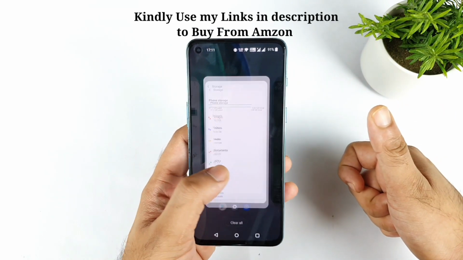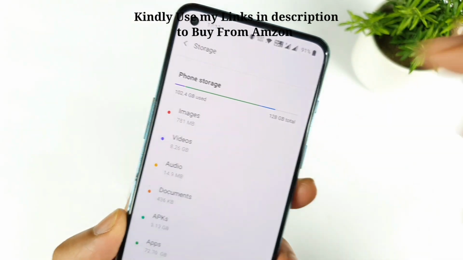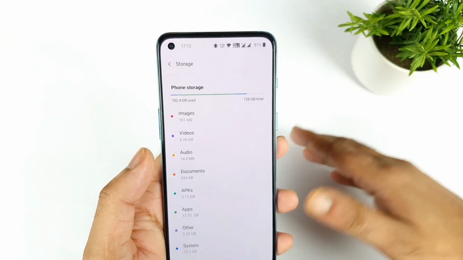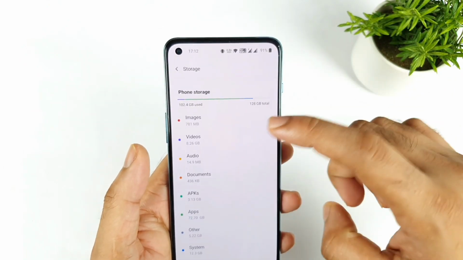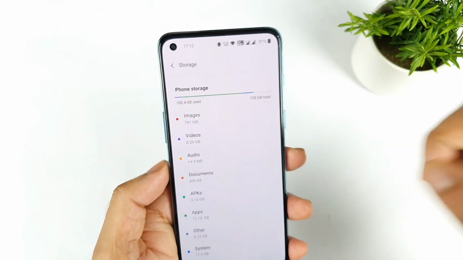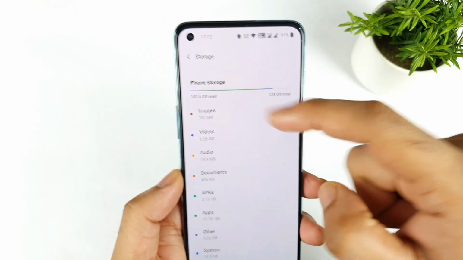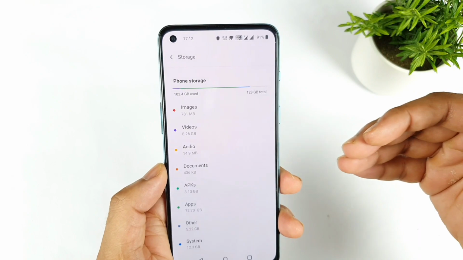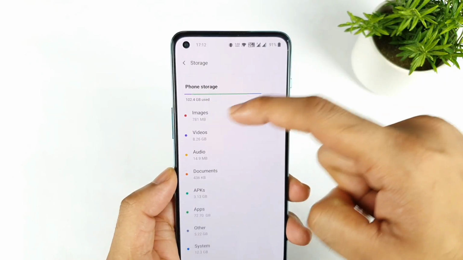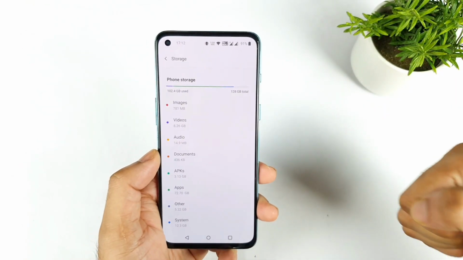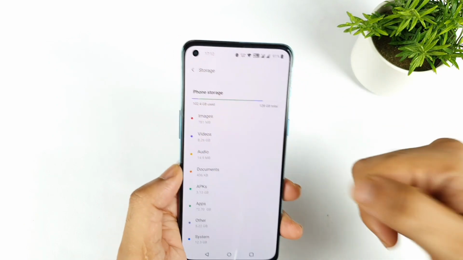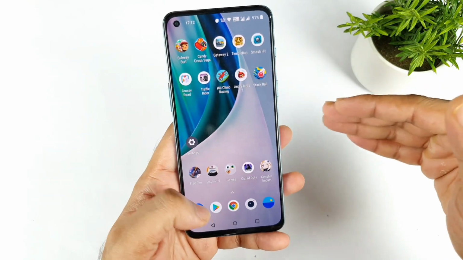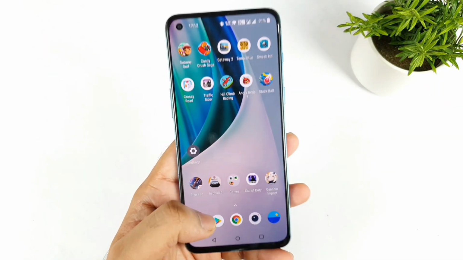Let me go back and check the phone storage. You can clearly see here from 97 it increased to 102, not 92. Sorry friends, my bad, I said decreased instead of increased. So the used phone storage has been increased. You can see 102 GB used. Before, only 97 GB was used, but right now 102 GB is used. So from the phone storage it took 5 GB, as you can see clearly right now. So 5 GB got exactly transferred from the internal storage.